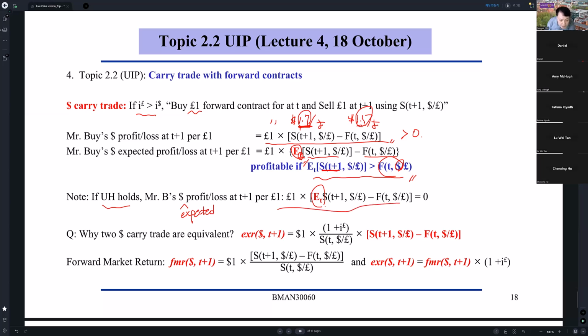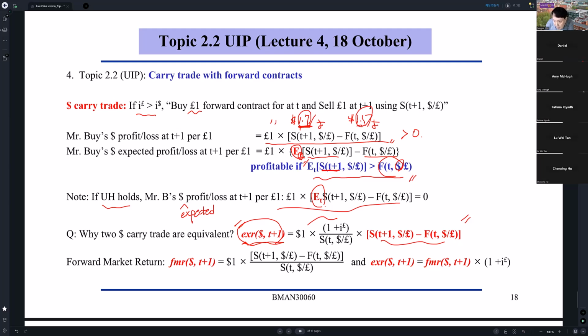Why are the two carry trades equivalent? In the lecture, I showed you we can derive this relationship. What is in the left-hand side? This is the excess return from borrowing dollar and converting and investing into pound. The first form of carry trade is equal to some number times the profit from implementing the second form of carry